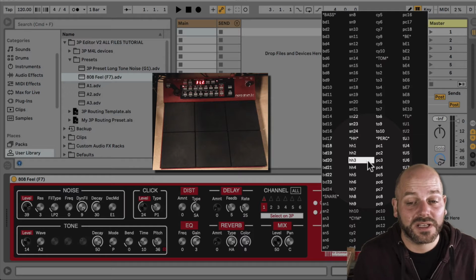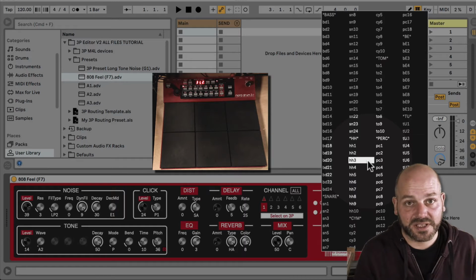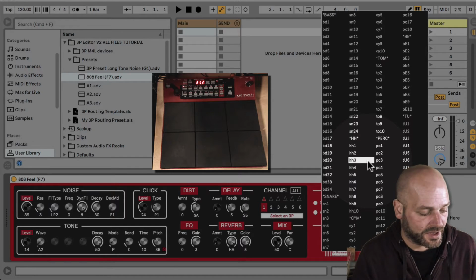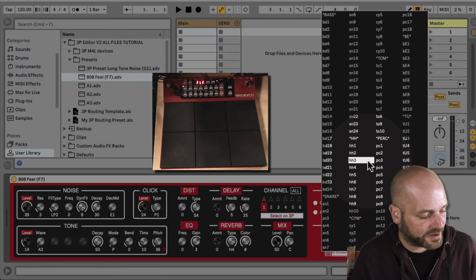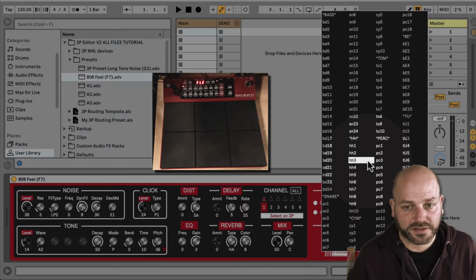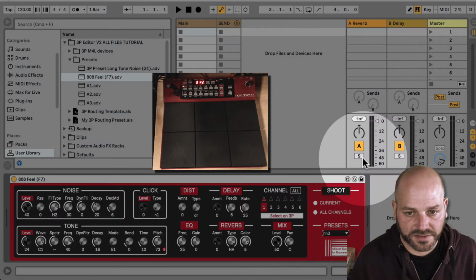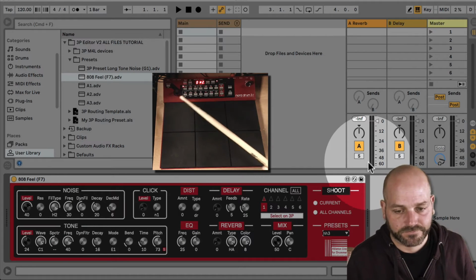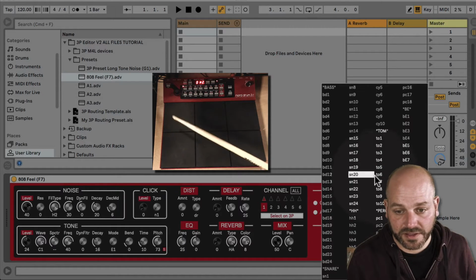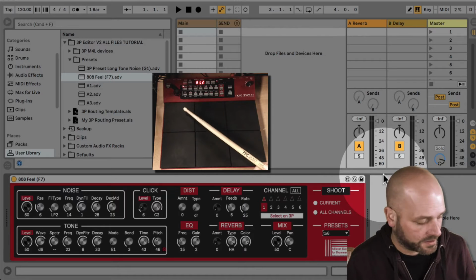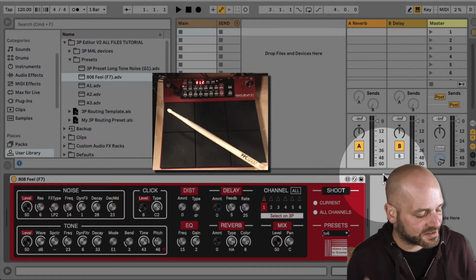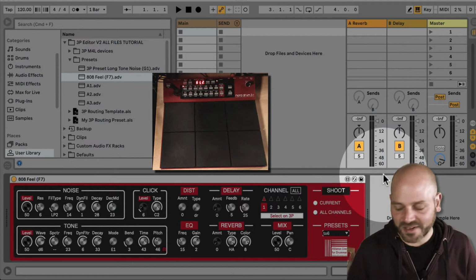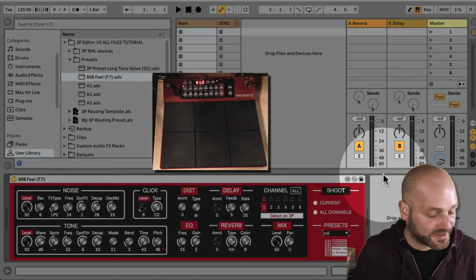So you actually don't need to touch the 3P if you don't want to use the factory kits here, which are not in the editor. But for example, you can just select the hi-hat 3 preset here, or you can just select a different preset here. I'm not hearing the sound, so I hope when I'm watching this and cutting this video, the